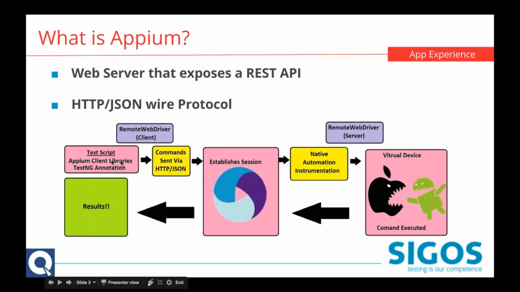So like I was saying, the client libraries are written in whatever language you choose, whether it's Python, Ruby, or Java, which is mine. I think 76% of the people using Appium today are using the Java client. We make requests to our Appium server, which uses the native instrumentation, Google UI Automator and Xcode Instruments, to execute the commands on your devices, whether it's an emulator or simulator, or a real physical device.